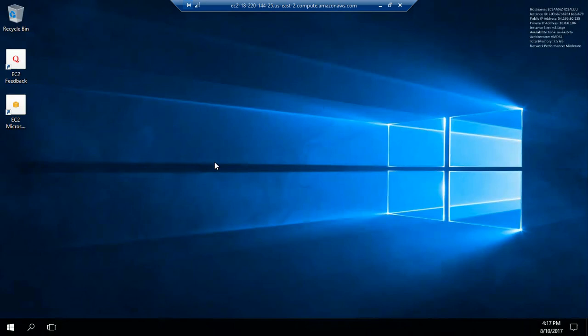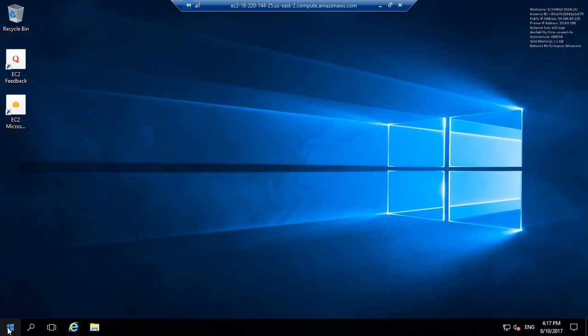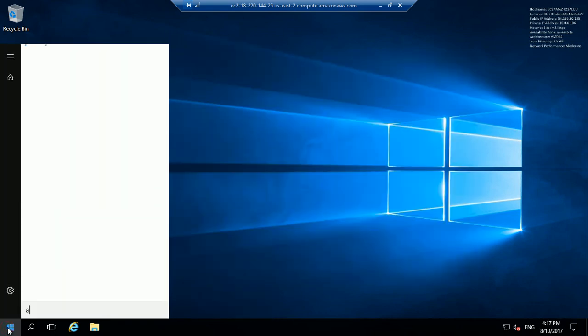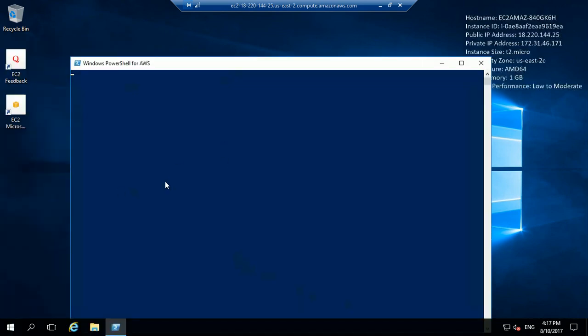Now let's wait for this configuration to be completed. Yes, it has been set up. So now let's verify whether the CodeDeploy agent is running or not. To verify that, we have to open Windows PowerShell for AWS, and here we have to write the command to verify. So let's write the command here.